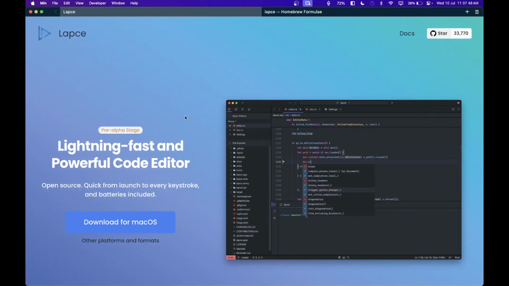Hey, this is the new Rust-based code editor called Lapse, and it is very lightweight and faster than VS Code. So I wanted to try it out. I installed it, and I'm a TypeScript developer, but